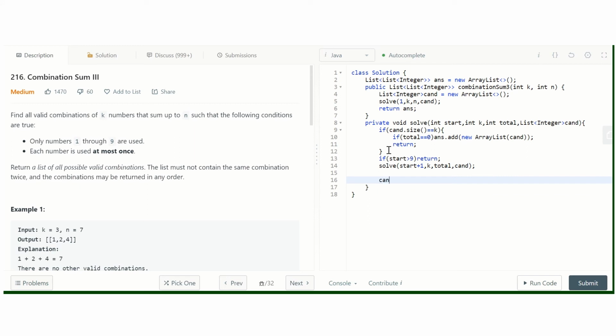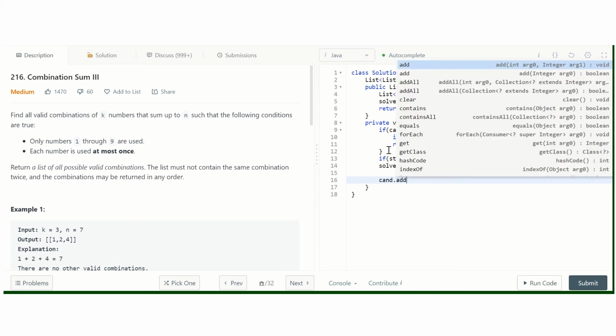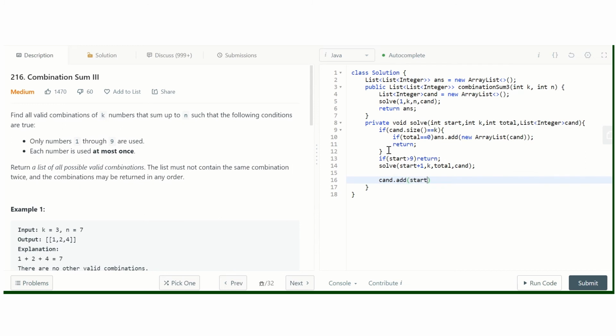To include it, we add it to our candidate and call solve for start plus 1, k, total minus start, and candidate, and then we remove the last element with candidate dot remove at size minus 1. Okay, so let's run this.